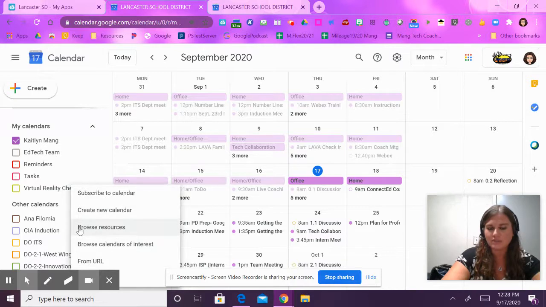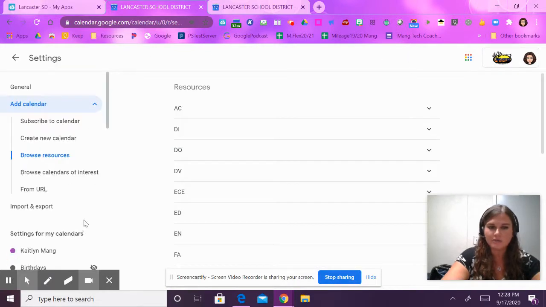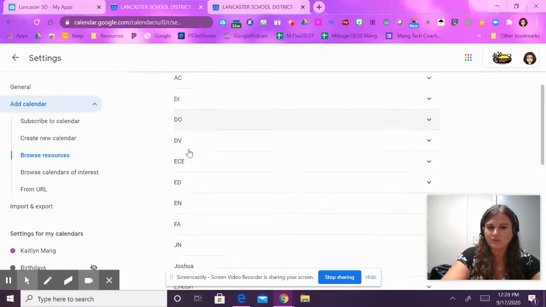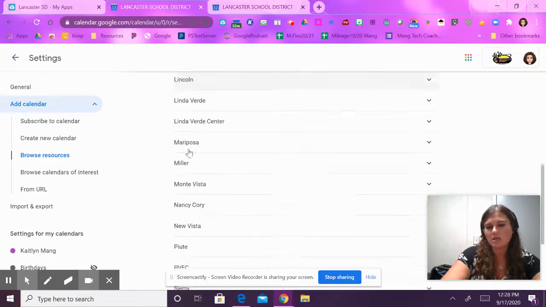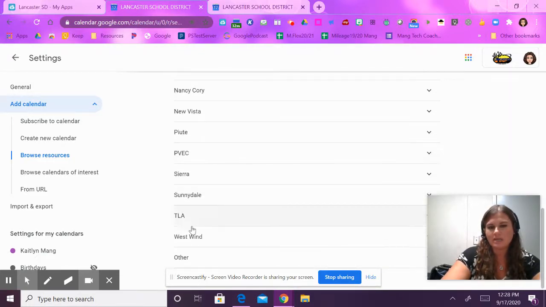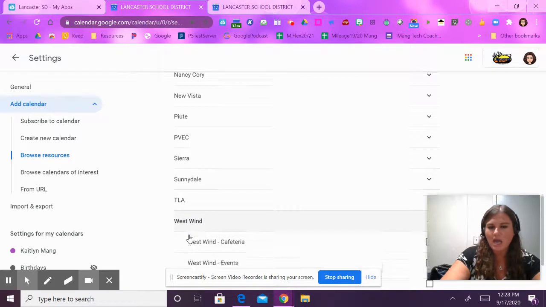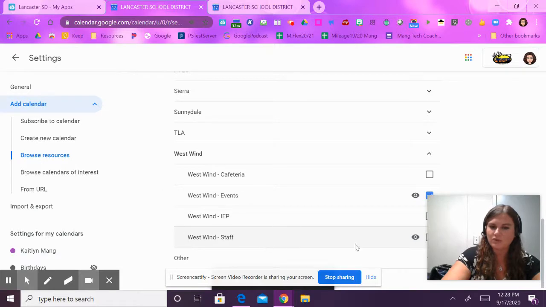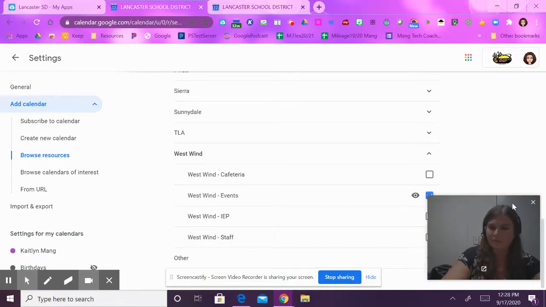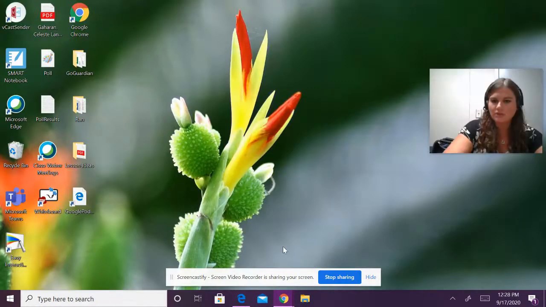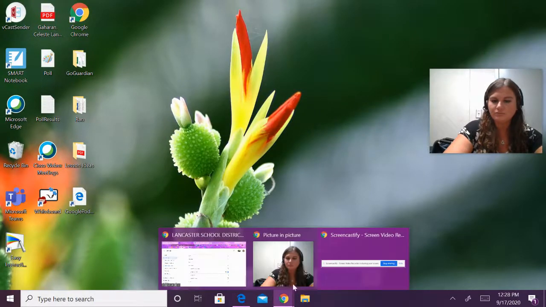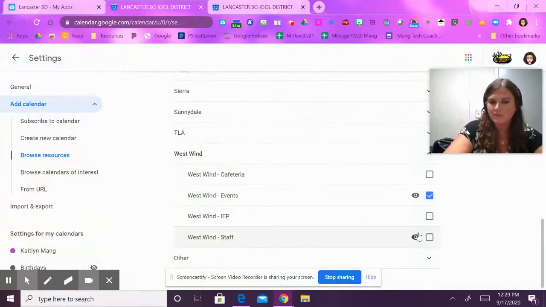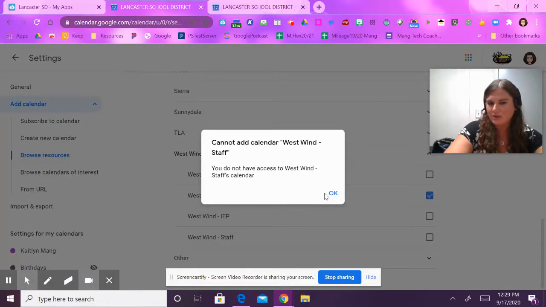browse resources. So I know Westwind's doing a really good job at using all of their calendars, so I'm going to find Westwind on my calendar list, and clicking on Westwind, I'm going to want to add the events calendar here. Now, if I'm a staff member of Westwind, I'm also going to want to grab the staff. Let me move this. I'm also going to want to grab the staff list here, but notice I'm not an employee here, so I'm not going to be able to